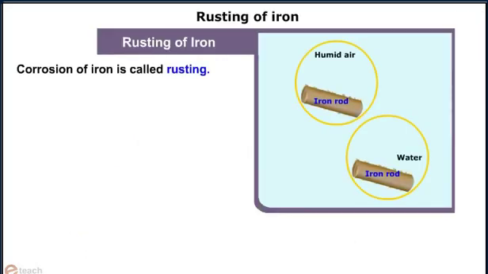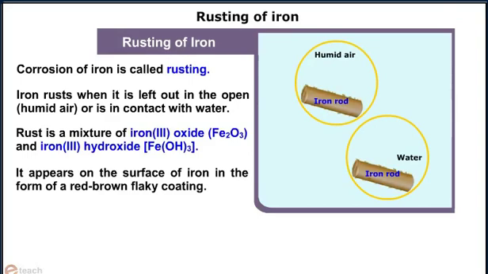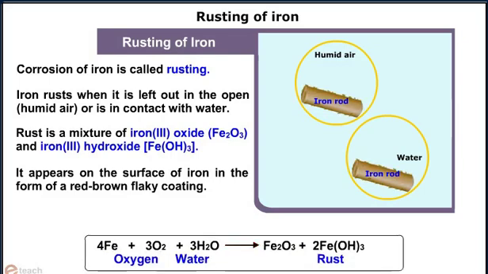Rusting of iron. Corrosion of iron is called rusting. Iron rusts when it is left out in the open air or is in contact with water. Rust is a mixture of iron oxide, that is Fe2O3, and iron hydroxide, that is Fe(OH)3. It appears on the surface of iron in the form of a red-brown flaky coating. The reaction taking place is given by 4Fe plus 3O2 plus 3H2O gives Fe2O3 plus 2Fe(OH)3, which is